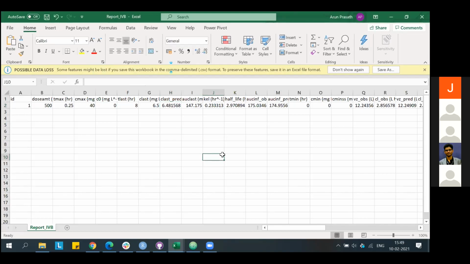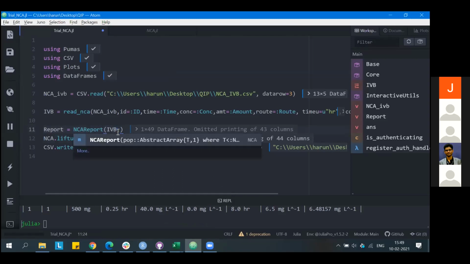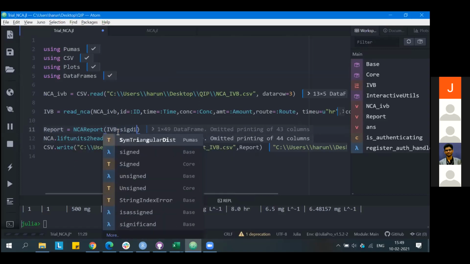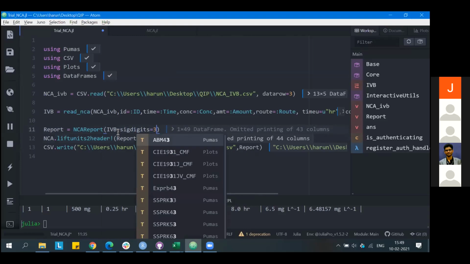So what we can do is, while we mention it in the report itself, this is the step where we perform the analysis. So in the analysis, we can mention significant digits equal to 3. What happens is you're literally saying, just give me a report rounding off the decimals to 3, so you'll get only 3 digits after the decimal.